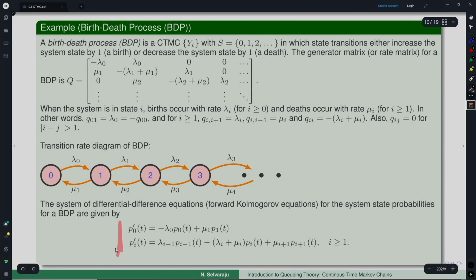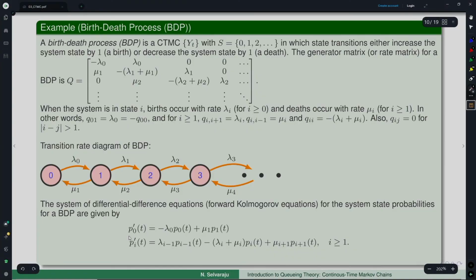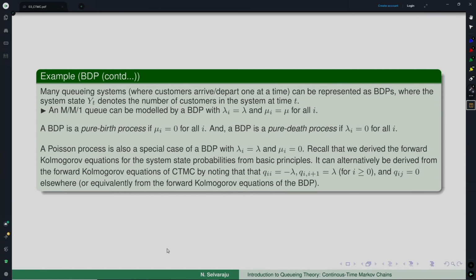If you can obtain a solution to this, which is what ideally you would look for, then you can talk about the birth death process, which is a continuous time Markov chain, being in a particular state at a particular time. You can always get these probabilities. That is what it would mean. Now, whether it is always possible to obtain, and if so, how complex it is, and whether it makes sense to look for that solution, are all the questions that you ask with respect to the BDP.